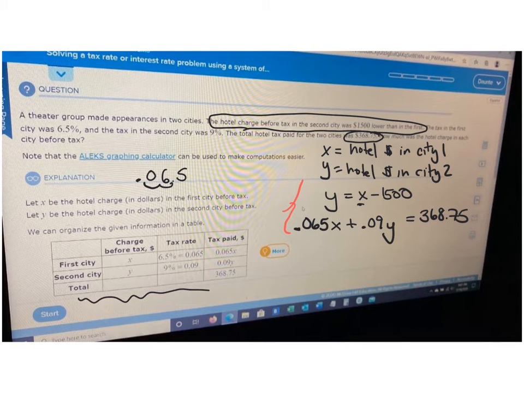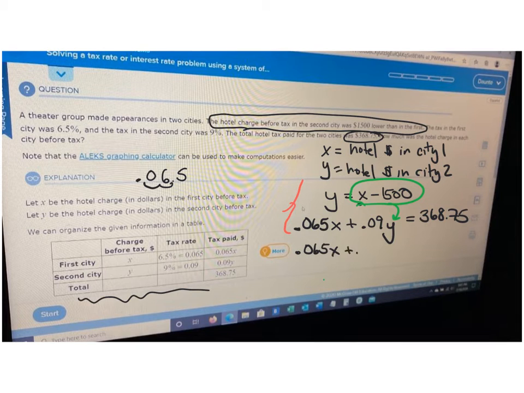Now, I do not like that they say to use the Alex calculator. That is not what I would do at all. I would just simply make this a problem about substitution. Because what you see here in the first one, it says y equals x minus 1,500. So I'm just going to replace the y with x minus 1,500. So I'm going to take the first equation and substitute it into the second. So what I'll end up with is